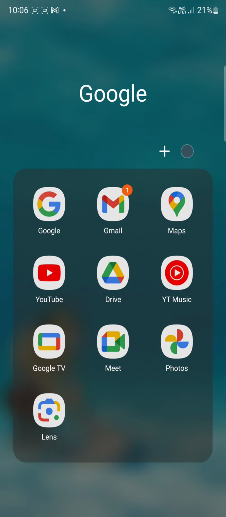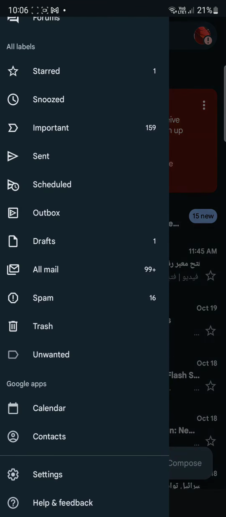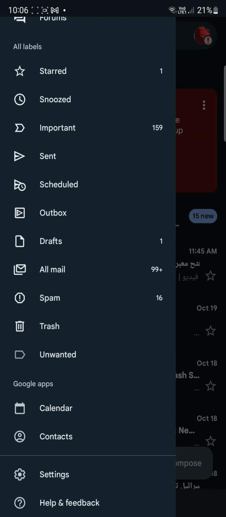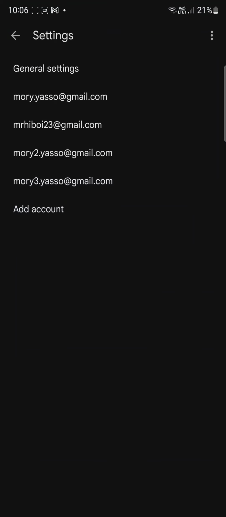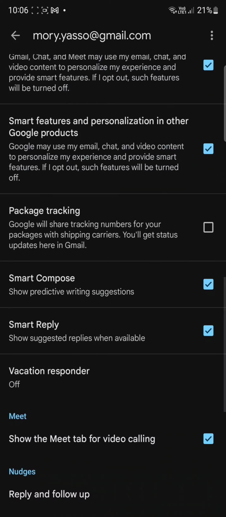So how we can do this is we're going to open Gmail, and from Gmail we're going to click on the hamburger menu on the top left corner. Now from there, we're going to scroll down all the way to settings. From settings, you're going to click on whichever email you want to have the automatic replier on. For my case, this one, and then you're going to scroll down a little bit until you see something called vacation